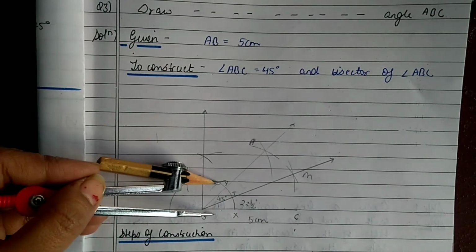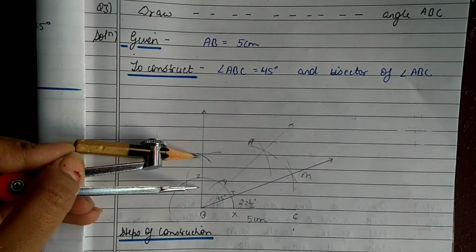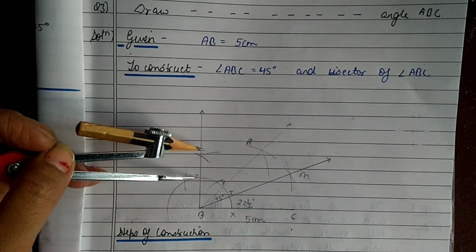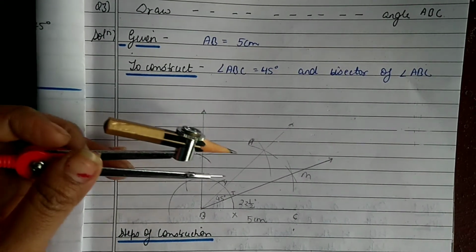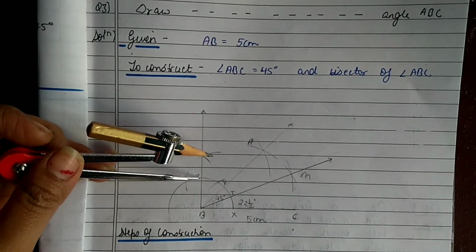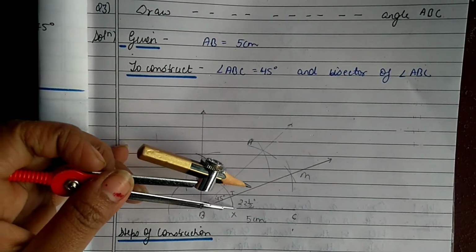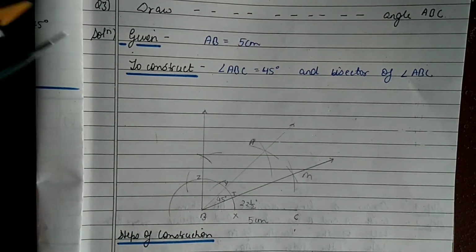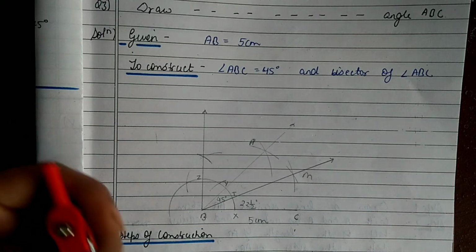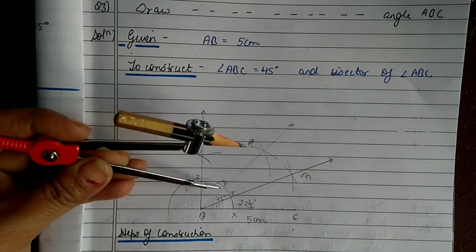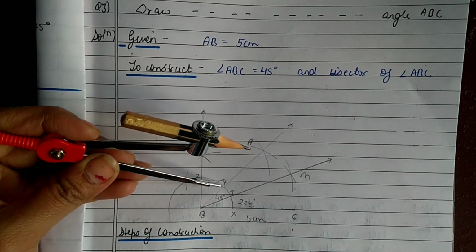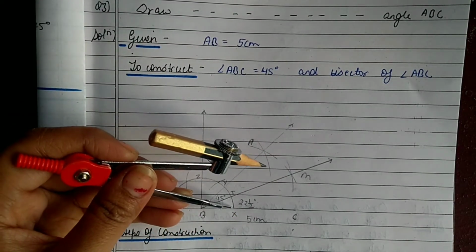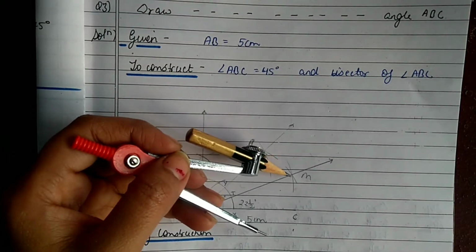Between 120 and 60, 90 degree will lie, and 45 is the angle bisector of 90 degree. It means you have to draw 45 degree from Z, cut an arc, from X, cut an arc. This ABC will be 45 degree. Now you have to make the angle bisector of angle 45 degree. I have already told you how to make 45 degree. From this, at point Y, cut an arc. At point X, cut an arc. This will intersect at point M.